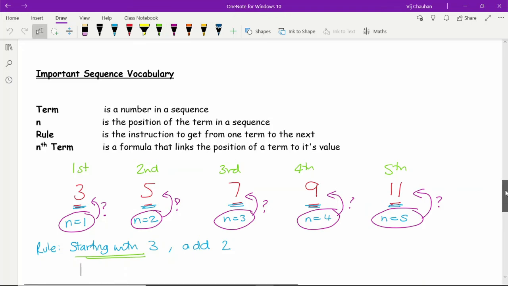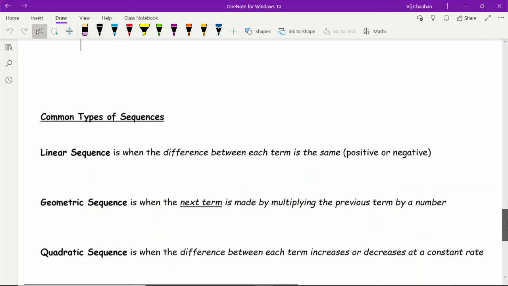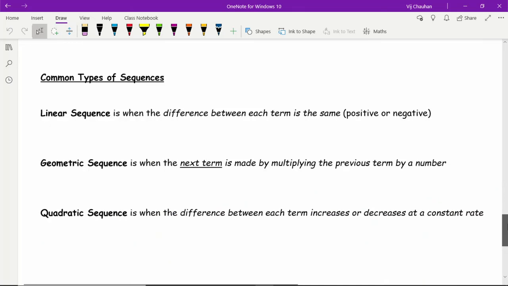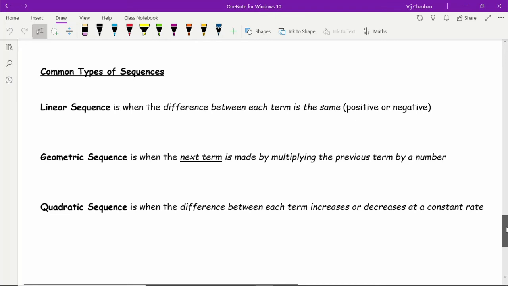And then moving on from that, there are also common types of sequences. Depending on what level you are working at or what age you are, will determine how often you'll see these things. At basic level, I would say a linear sequence is probably what you're looking at. A linear sequence is where the difference between each term is the same, and it could be positive or negative. So an example of a linear sequence is, let's go for